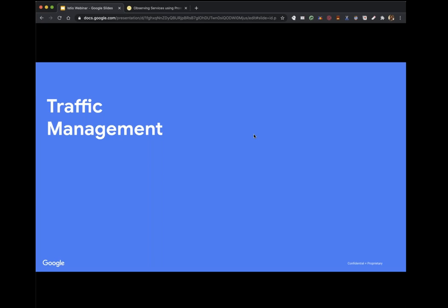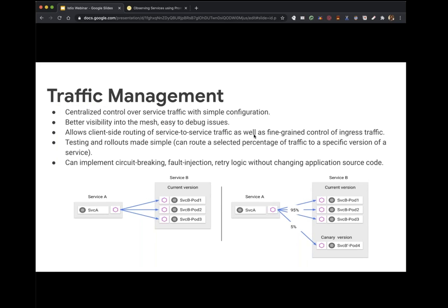So let's look into traffic management and how that works. Kubernetes traffic management is mainly infrastructure based. It gives you control over how traffic reaches the pods, but rather than specifying which pods the traffic should reach, Istio does it a little bit differently. Istio lets you define rules for specific policies. For example,